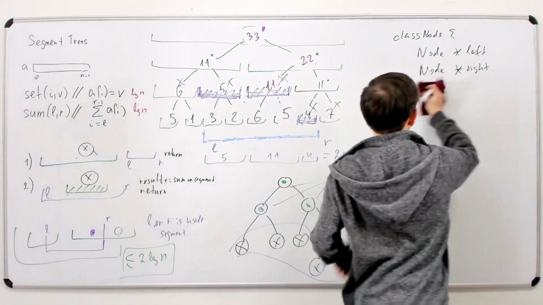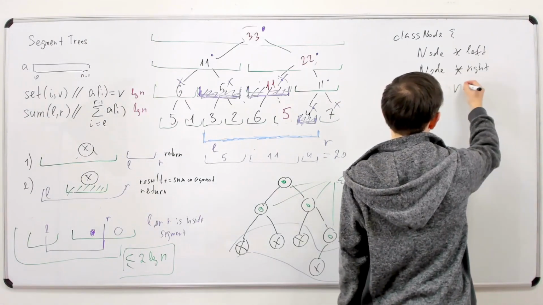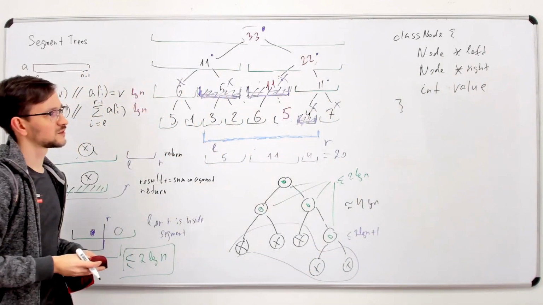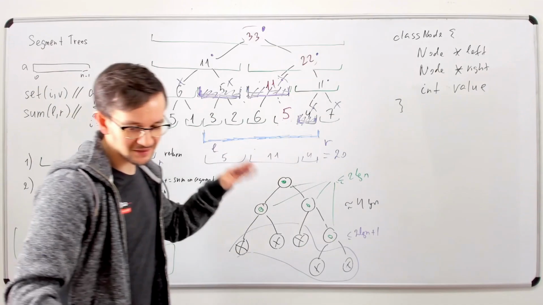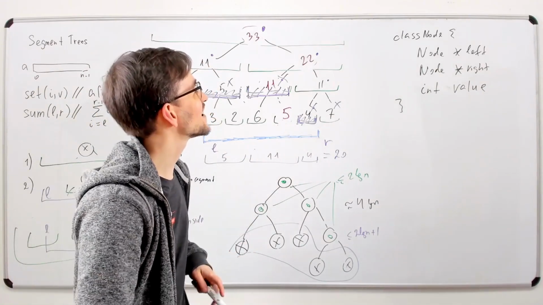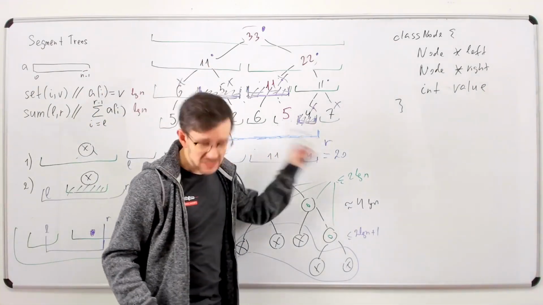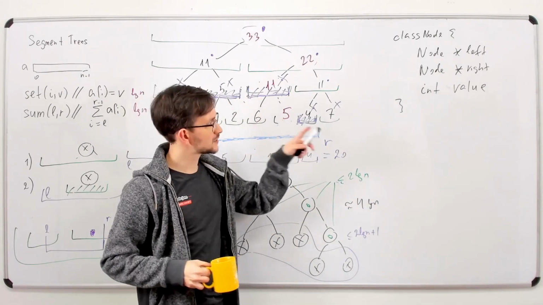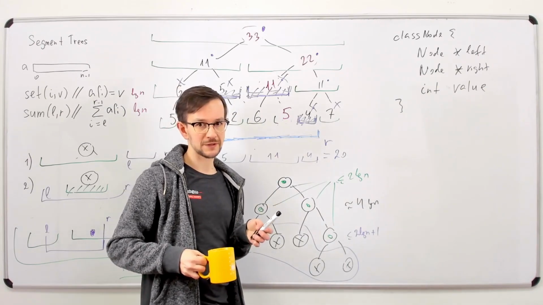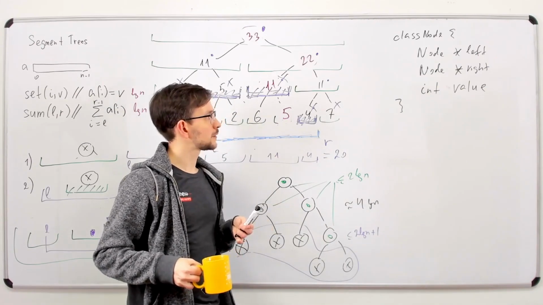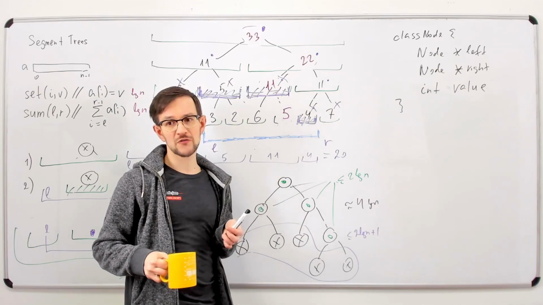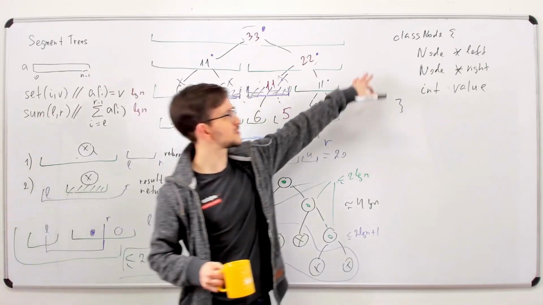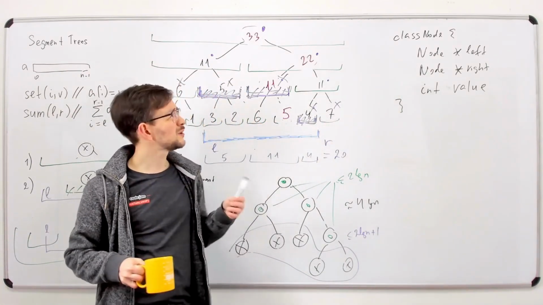int value. Oh, looks very industrial. Okay, so it's possible to implement segment trees like this, and in some cases that's the most useful way to implement the segment trees, but not the fastest way. So for each node you need to have this class, and in Java, for example,